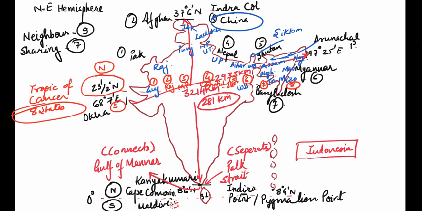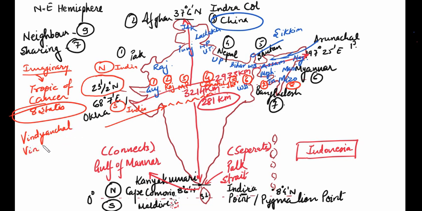Right? Now, this Tropic of Cancer, as I told you, divides India into northern India and southern India. But this is an imaginary line. It is an imaginary line which is drawn only on the map. It is not on the land. Other than this, there is a natural boundary between northern India and southern India, which is said to be Vindhya mountain. This Vindhyanchal or Vindhya mountain. Okay, Vindhya range. So it is the mountain which is the natural boundary between North India and South India.